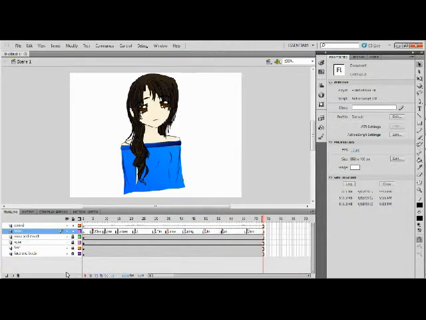Then we are going to start the lip sync. Before we go to the mouth, copy the label. Okay, copy frames, and there you go. And then we are going to the mouth, double click,